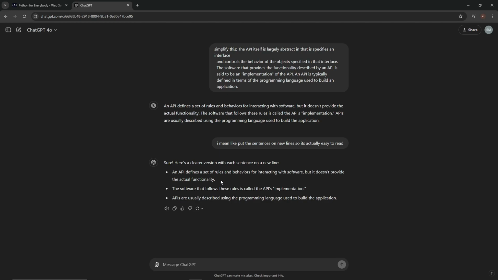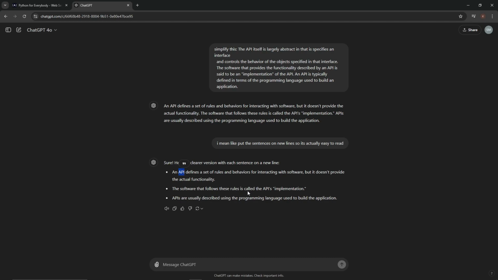The software that follows these rules is called the API's implementation. APIs are usually described using the programming language used to build the application. So these are the rules for other people to use the software.